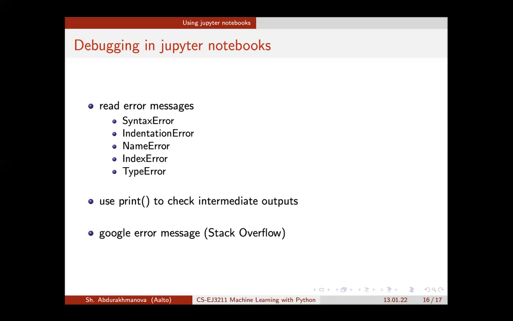Another thing that you can use is the print statement. For example, sometimes if I write a function or for loop and I'm not sure what this function does or what the intermediate results are, I just insert print statements everywhere and check the intermediate outputs of the function or the for loop.